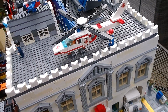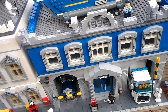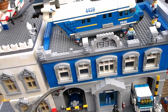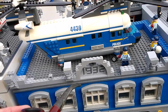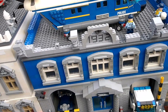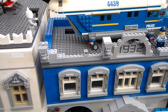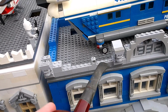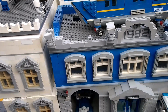And moving around, we've got the 1960s style police station, which is a bit of a work in progress. I think last time we looked at it, I just put this date stone there, which was actually intended for the fire station, but it just didn't fit. So I'm going to use it and do a nice sort of Baroque Art Deco top part for the roof